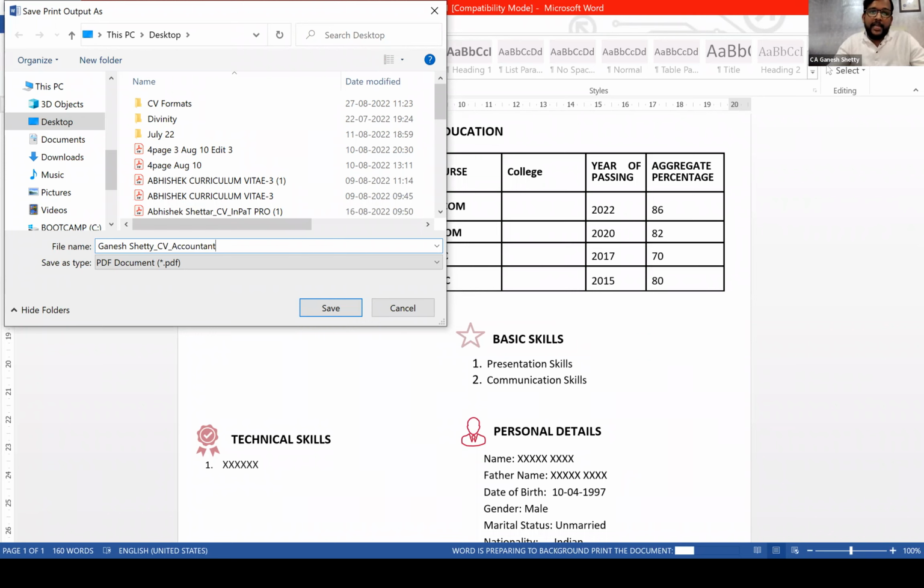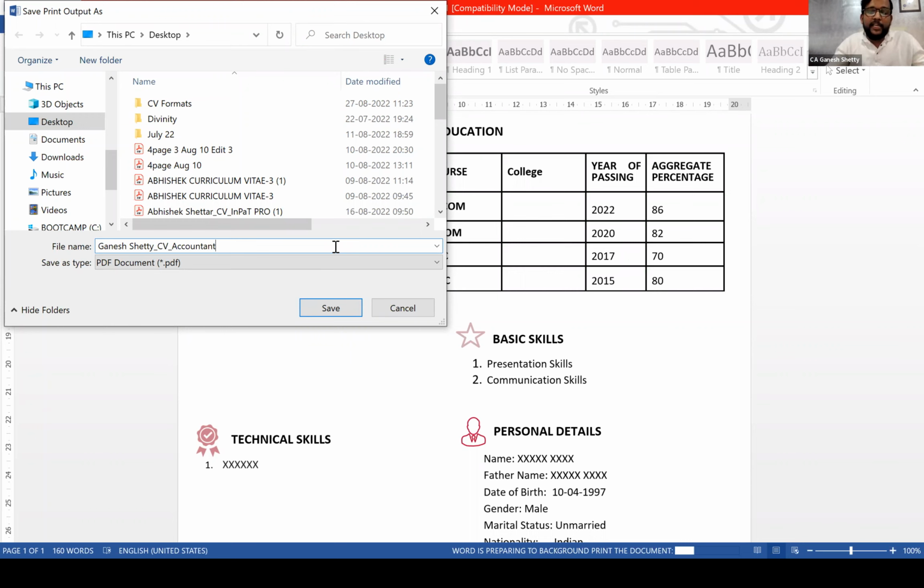And some CV, I could see they've just written CV. They've just written whatever they want. CV, everyone prepares CV, guys. Yours is also CV, his is also CV. Who is CV is CV, your CV, right? That confusion should not arise.